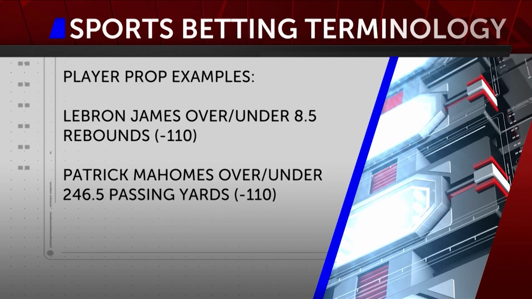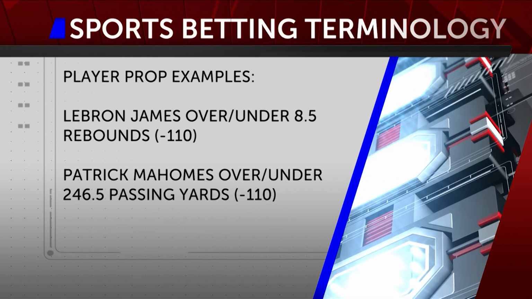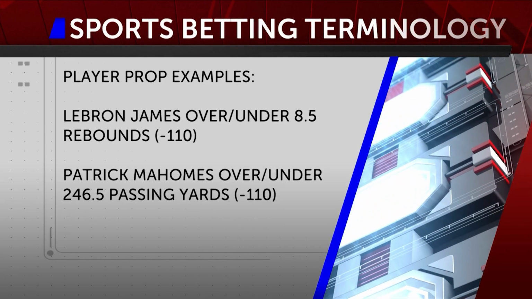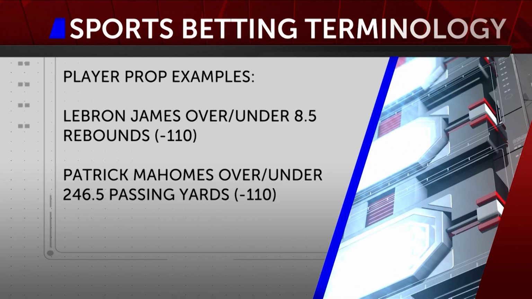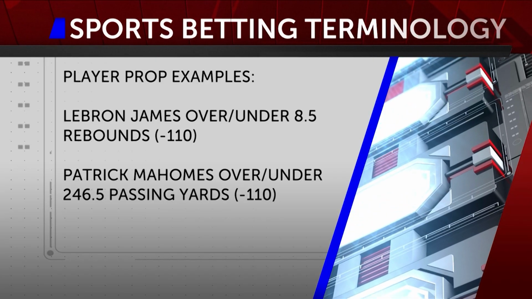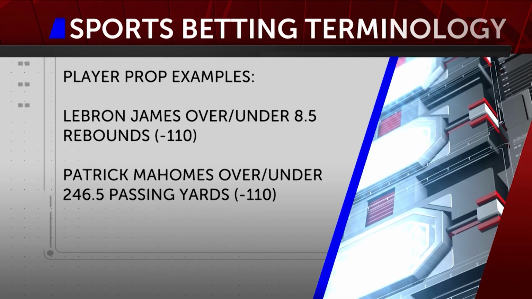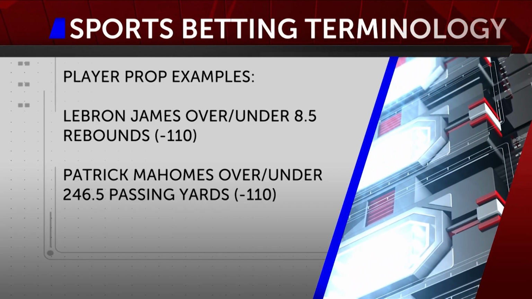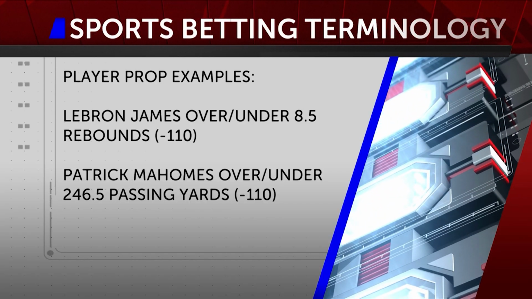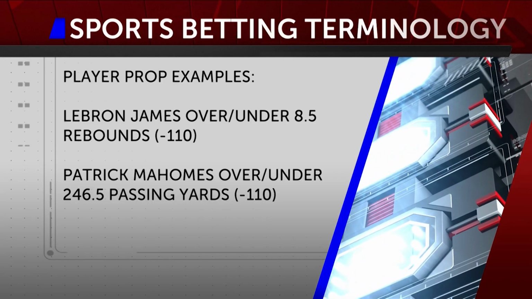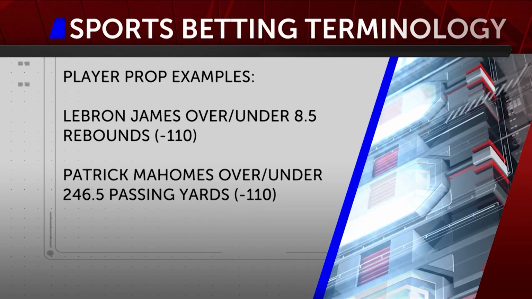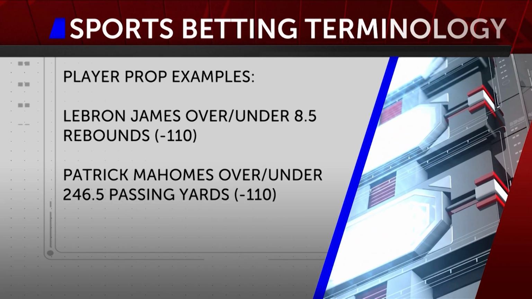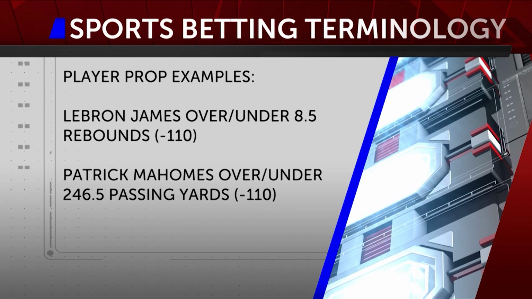So a player prop is likely the most common and one of my personal favorite markets offered by the sportsbooks, and often a market where an edge can be found against the books in certain spots. Simply put, if you bet on a player prop, you are betting on a certain player's individual stats. For example, how many rebounds an NBA player might get in a specific game, or how many passing yards Patrick Mahomes will throw for. The books set a specific over-under line on each player's major stat categories, and when betting this market, you are simply wagering on a specific athlete to finish the game with more or less than the